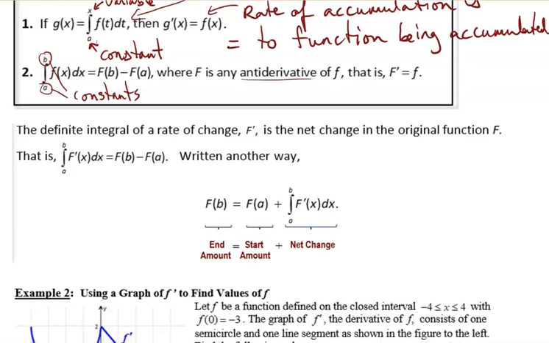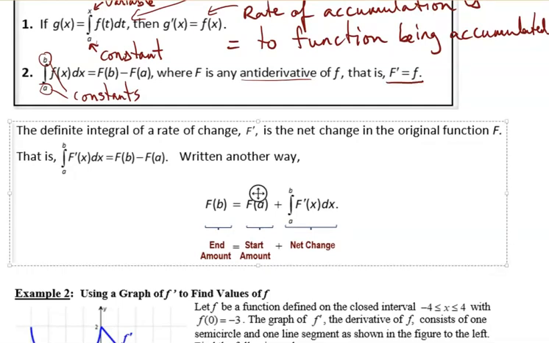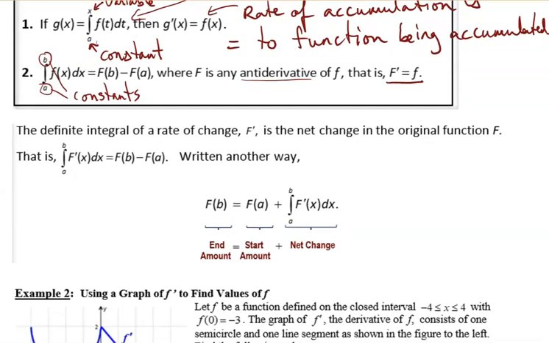So written a little bit differently, because remember up here we said capital F prime is equal to lowercase f. So if we put capital F prime on the inside, that's the same thing as lowercase f, okay? Then we integrate that and we get the value of capital F at b minus the value of capital F at a,